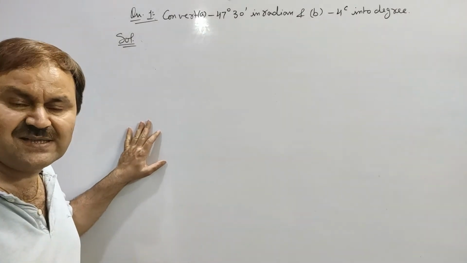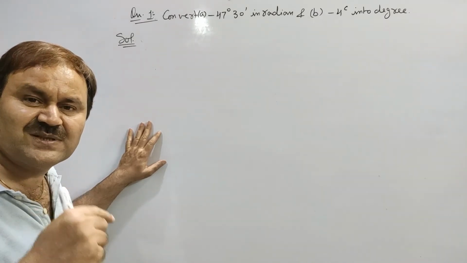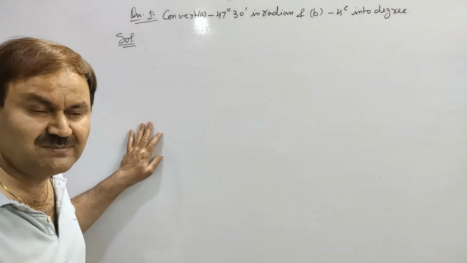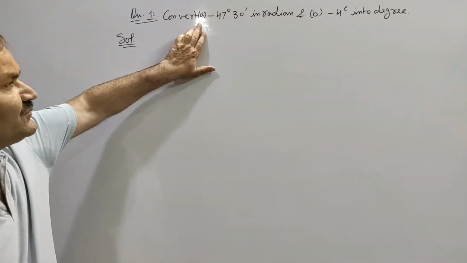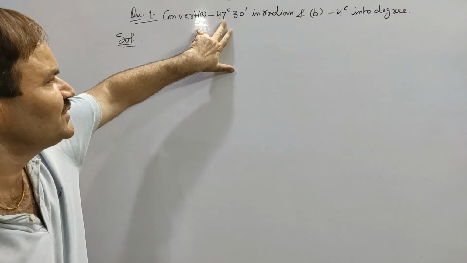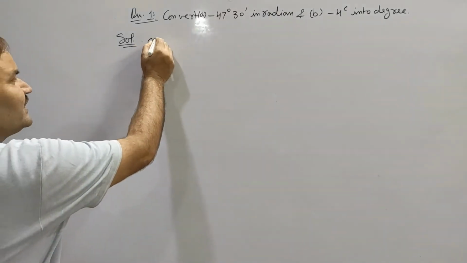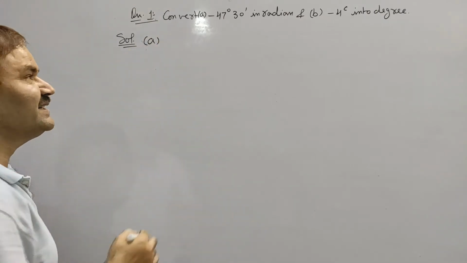Now we are taking an example to understand the conversion of angle from one system of measurement to another. In the first example, we have to convert minus 47 degree 30 minute into radian, and we know that